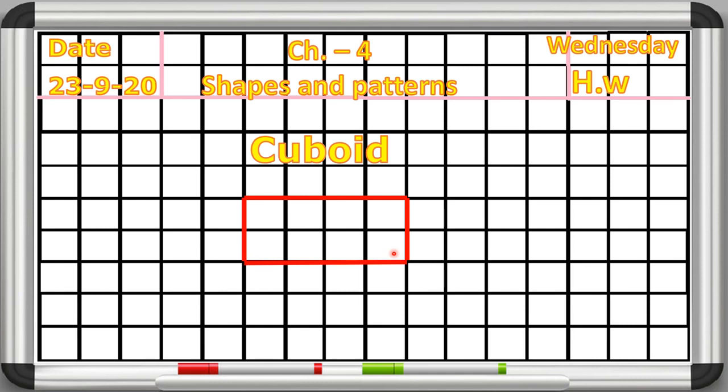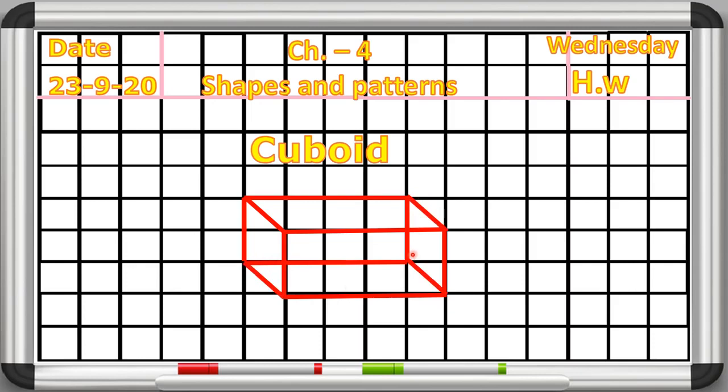After that we have to make another rectangle, and for that again we will make 2 standing lines and 4 slipping lines like this. Now we have to meet the corners of these two rectangles like this, here, here, and here. So this is the cuboid shape.